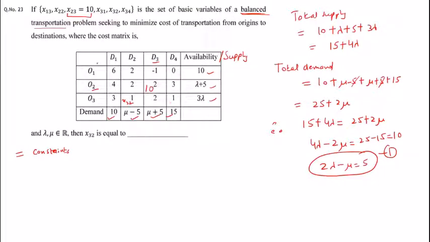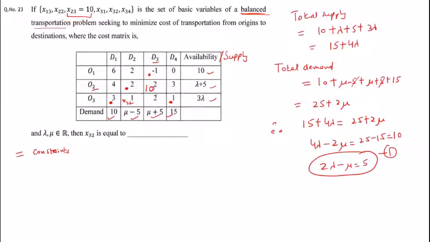And what else is given to us? We can just mark the places, right? We are given X13 is a basic variable. We are given X22 is a basic variable. X32, sorry, 31 is also there, 32 is there, and 34. So all these cells which I have marked with dots are basic variables, 1, 2, 3, 4, 5 and 6, out of which one value is known to us and the others we have to find.